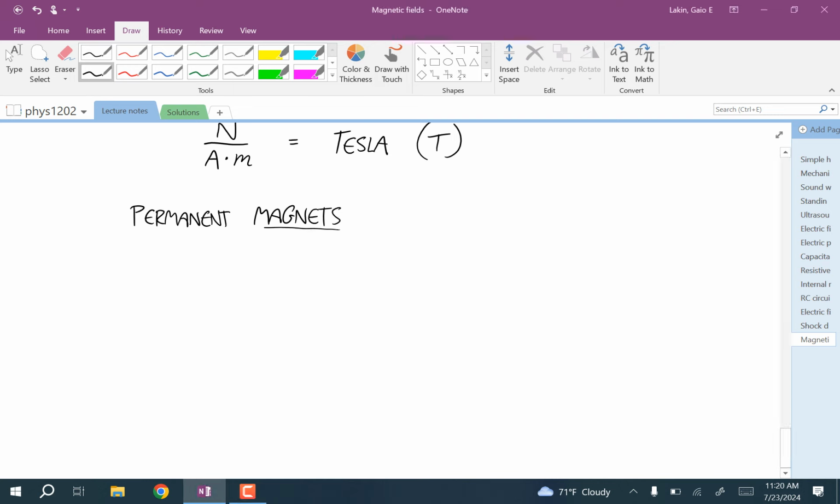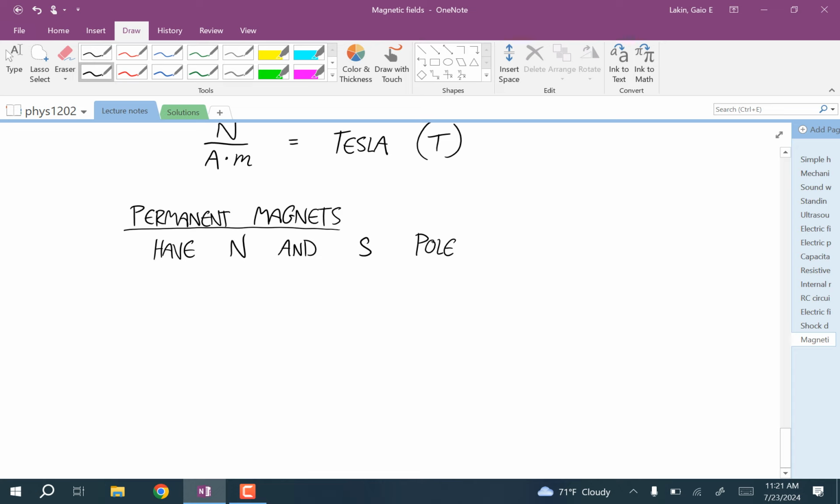And all permanent magnets have a north and a south pole. One thing that's funny, a little confusing about this, is the north and south poles of magnets were named because they were attracted to the geologic north and south of the Earth. Well, it turns out that the Earth is also a magnet, and